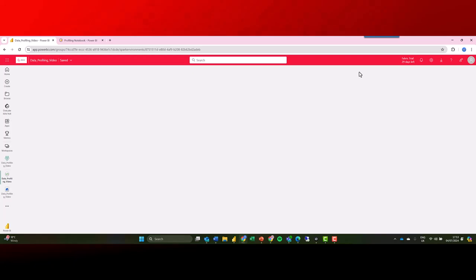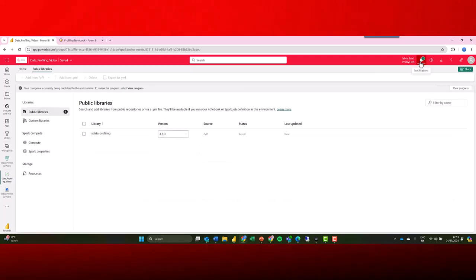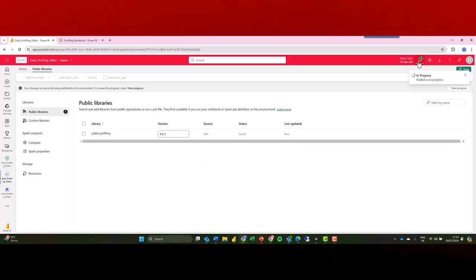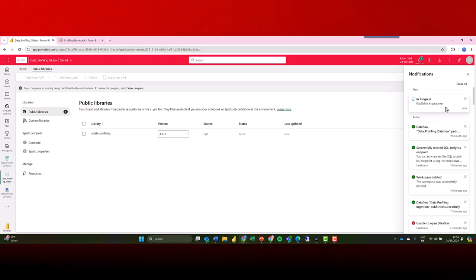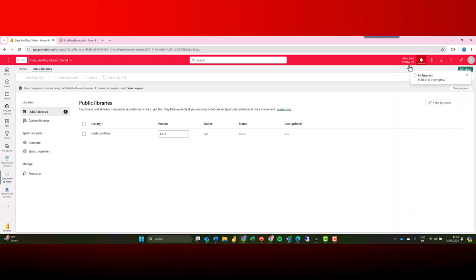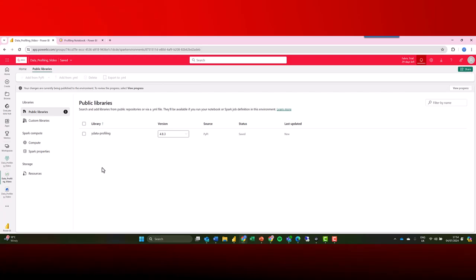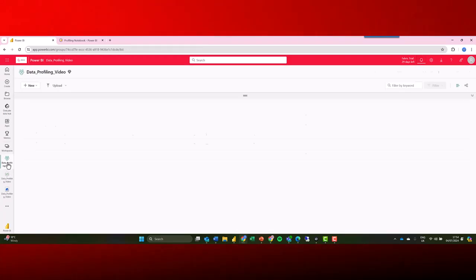And this does take a few minutes usually to complete. So you can see the progress in notifications. So publish is in progress, so it'll take a little while to go ahead and complete for us. Whilst that's doing that, we can make a start with the work we're going to need to do in our